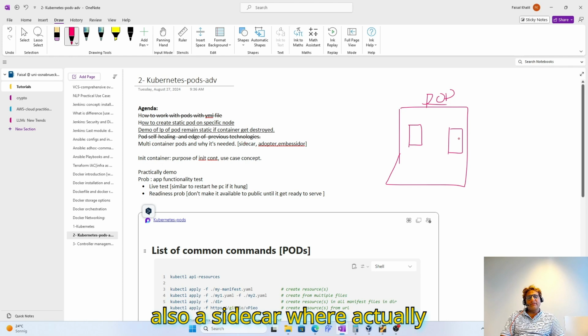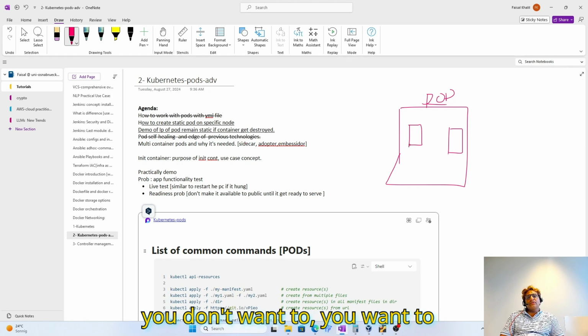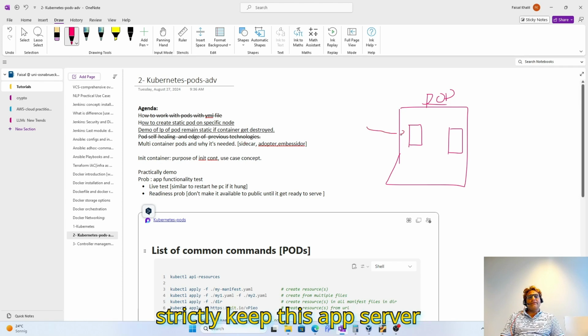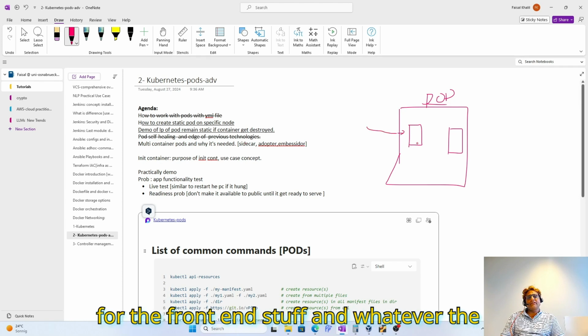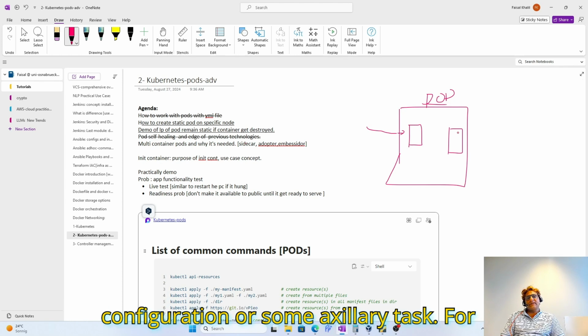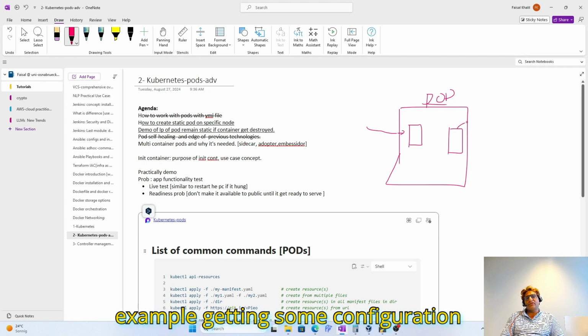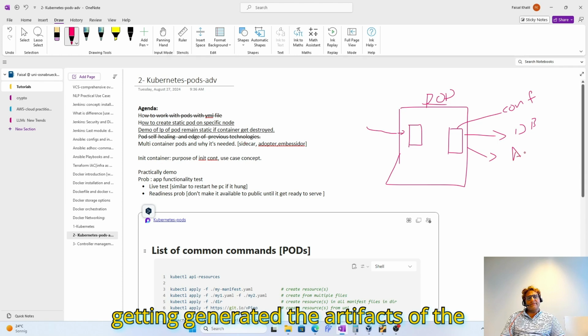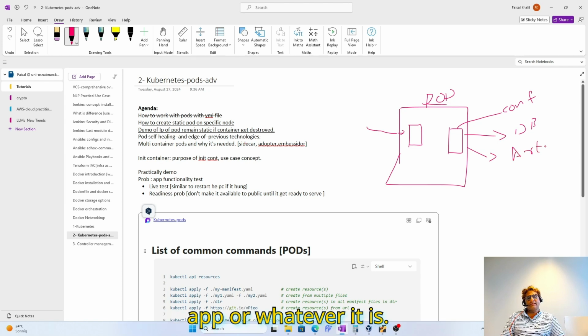This is also a sidecar, where you want to make stuff modular. By modular, I mean you want to strictly keep this app server for the front-end stuff and whatever the application is working on, and for the configuration or some auxiliary task, for example, getting some config, getting a database ready, getting the artifacts of the app generated, or whatever it is,